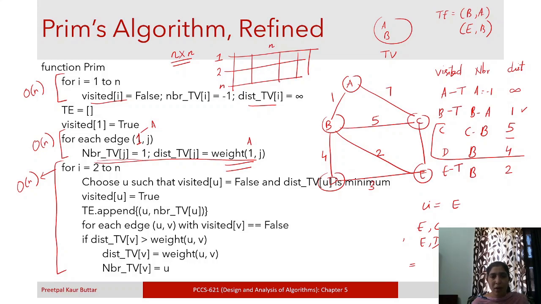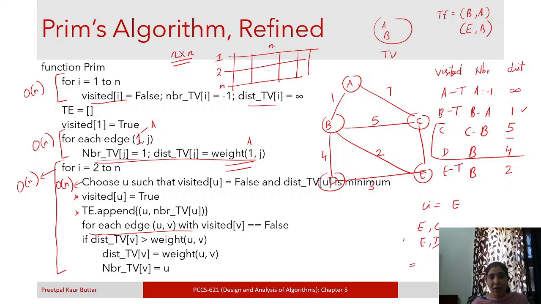Out of all the nodes which we have in this array, we have to find the node with the minimum cost. If we run a linear scan, then we have to look at all the n entries. It will take order of n time, and this is a constant operation.